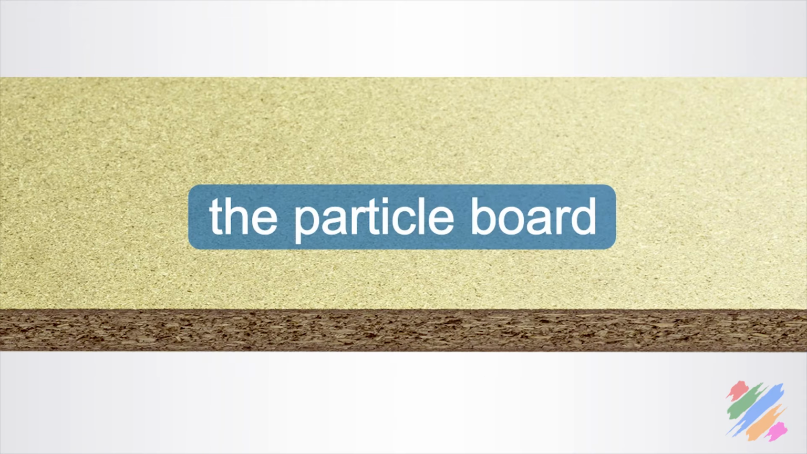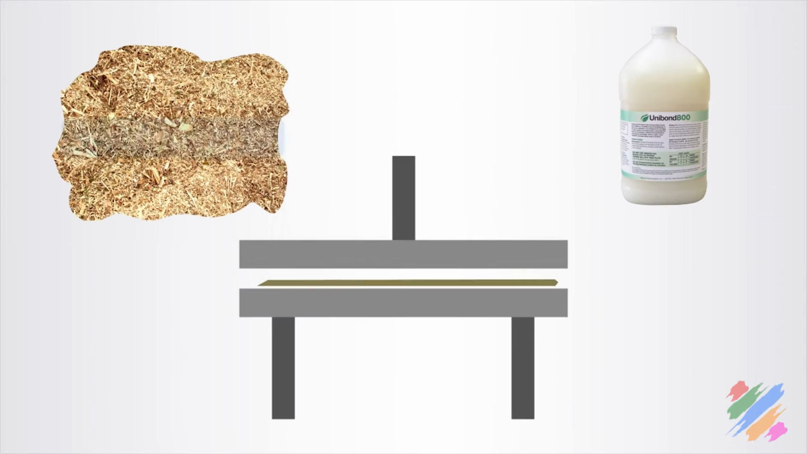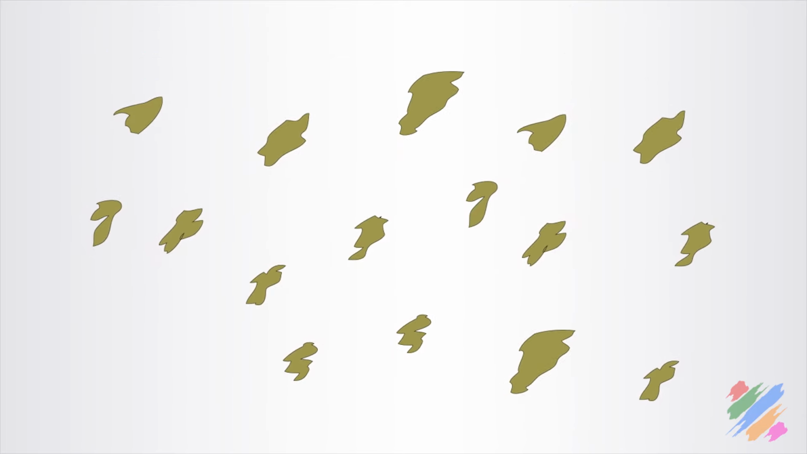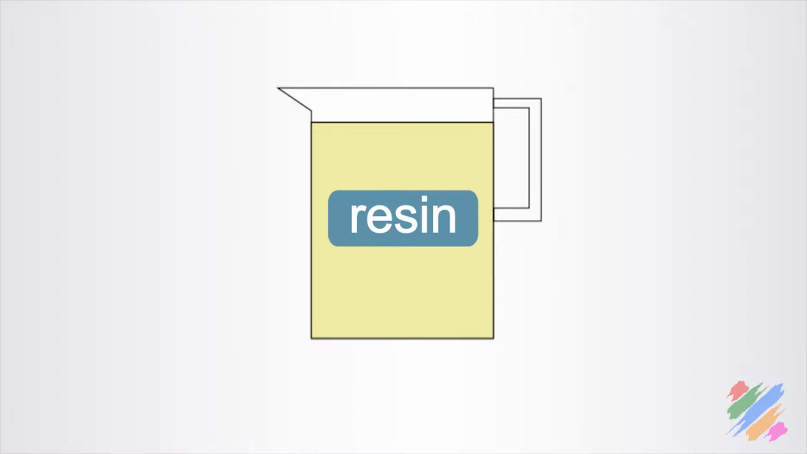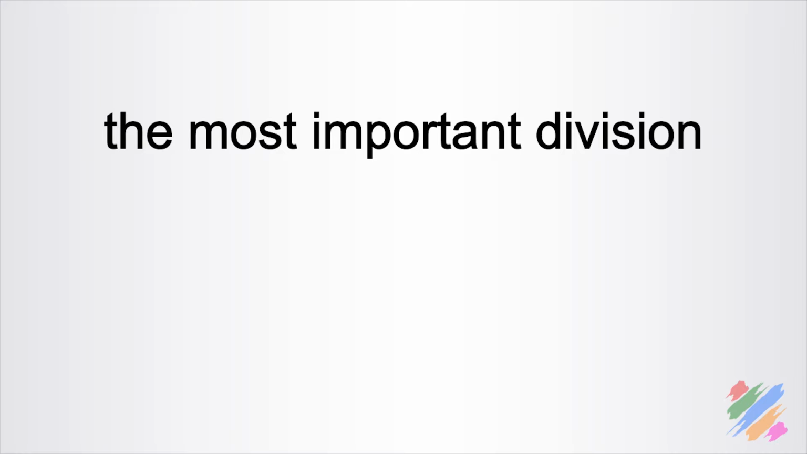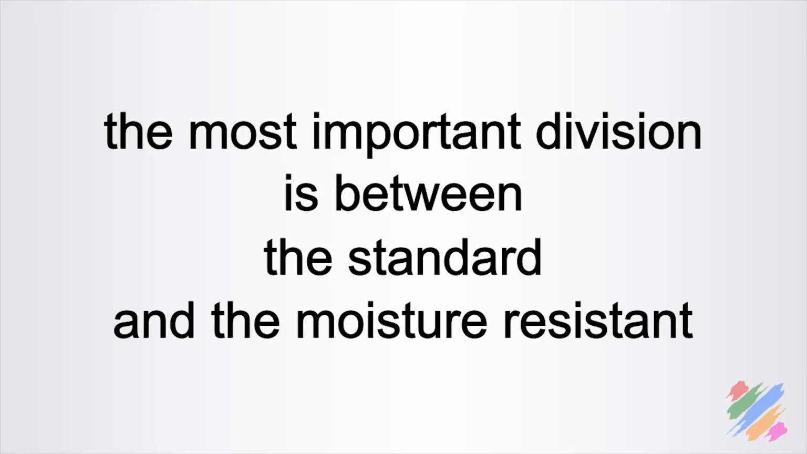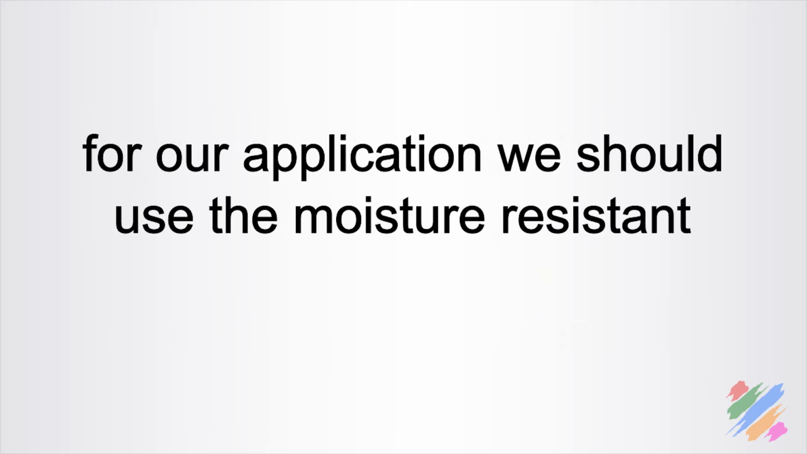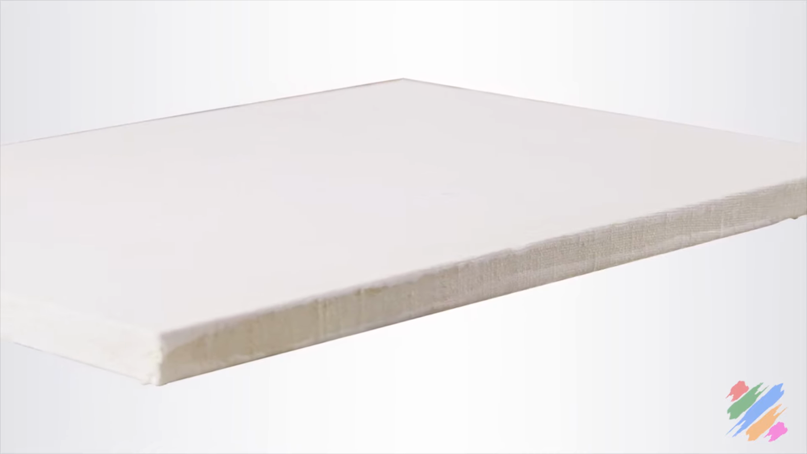The particle board is made industrially by mixing and pressing small wooden chips and resin. According to the size of the chips and the type and quantity of resin used in production, we can find different types. The most important division is between the standard and the moisture resistant. For our application, we should use the moisture resistant with small grains, and in this case I will definitely cover